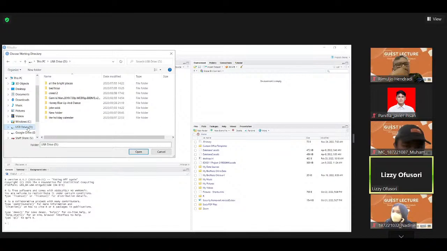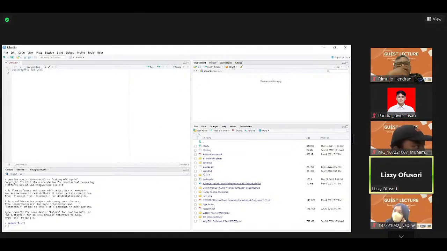Now, inside what I have on my USB drive, you can see I saved one as .csv and another one as coded.txt. So the preference is for me to choose which one I want to use. Am I going to be working with .csv or .txt? For this particular demonstration, I'll be working with coded.txt. You can decide to use .csv, but I must warn you, whichever one you use will also determine the kind of function you use, because there is a language you have to use for .csv